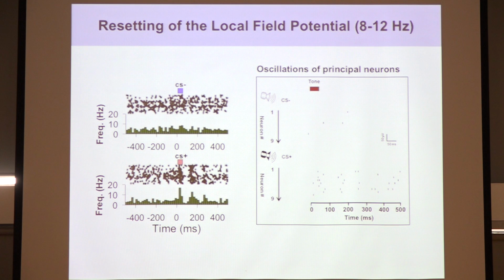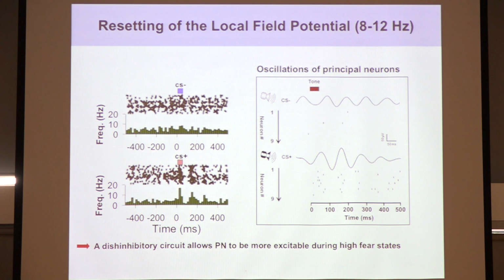The oscillation of principal neurons has been linked to the local field potential, and to oscillations in certain frequencies. Here you can see that the oscillation occurs every 100 milliseconds, consistent with theta modulation. So we evaluated the change in the local field potential using the same recordings in the animal,